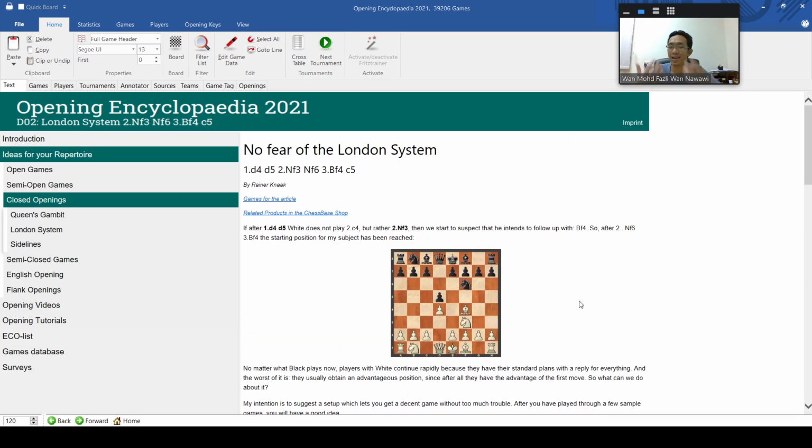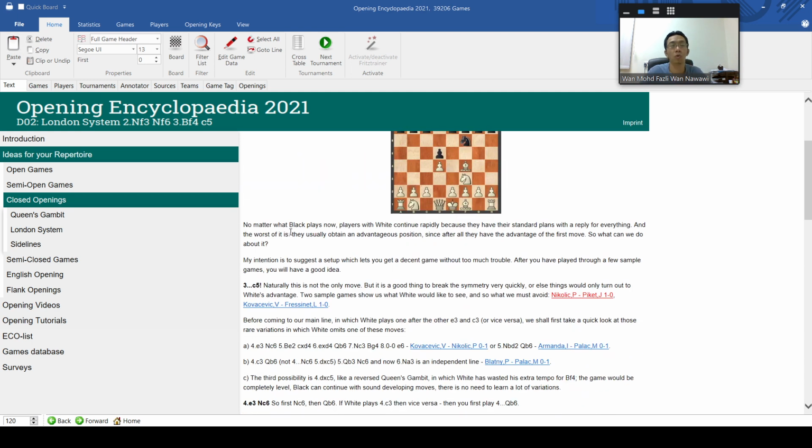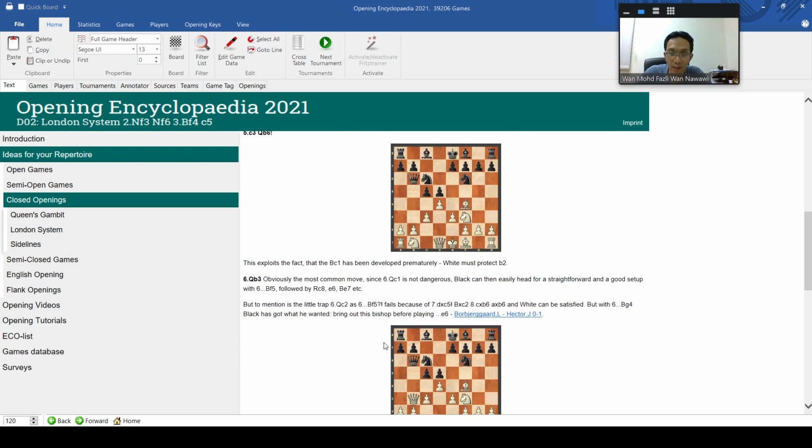They give you the idea of the planning. For this annotation, you don't really need this opening encyclopedia. You can just go to Google, find the Wikipedia, and then find what is the common tactic, common plan for that.